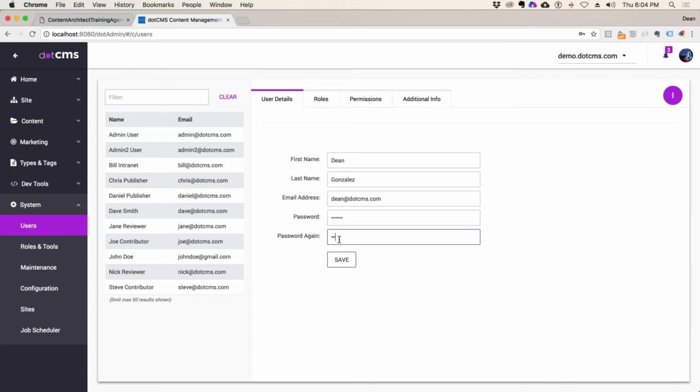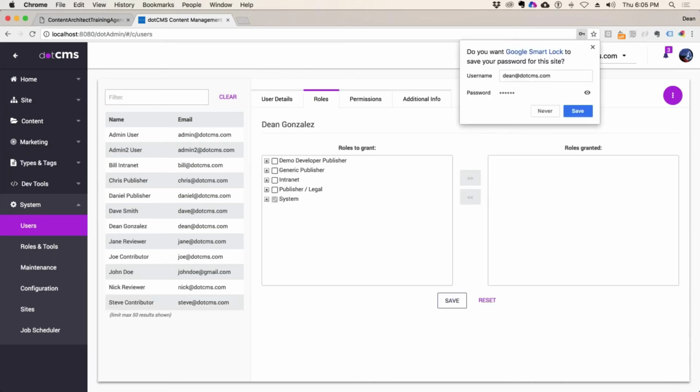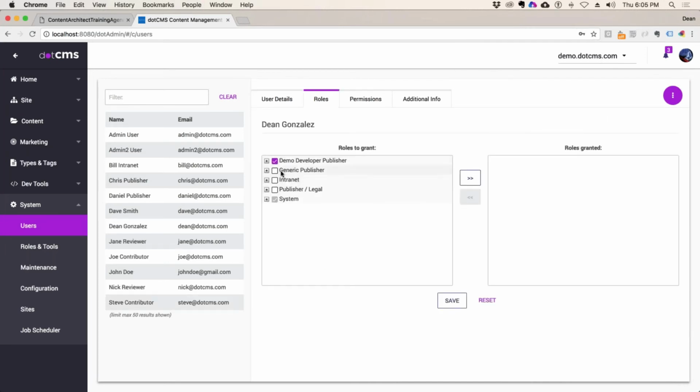I'm just going to type 1, 2, 3, 4, 5, 6. You need to have at least 6 digits in a password. Second, you save the user, then you can go ahead and say demo developer publisher plus generic publisher. Move that over and click save. And now you're done and you're ready to test the user, because he's got all the roles he needs that